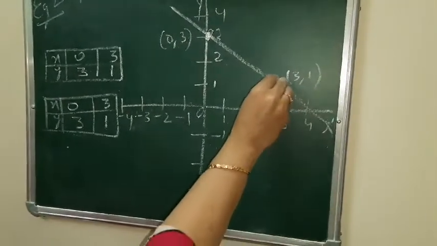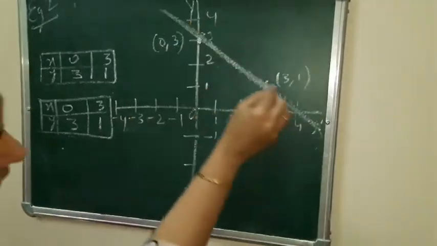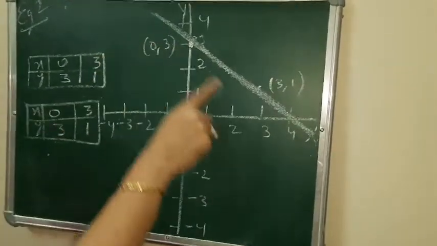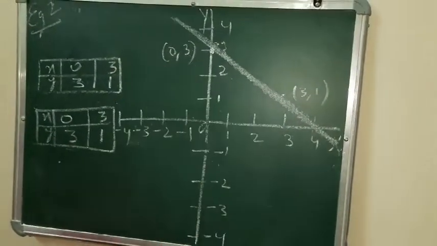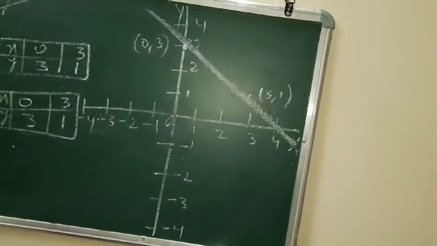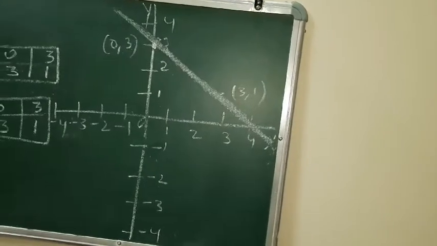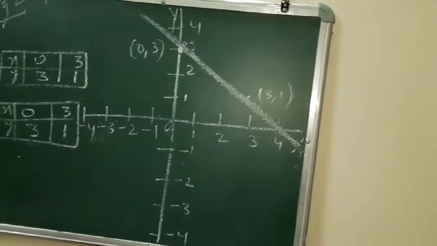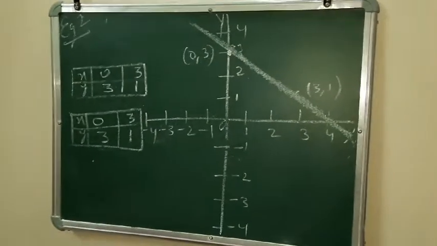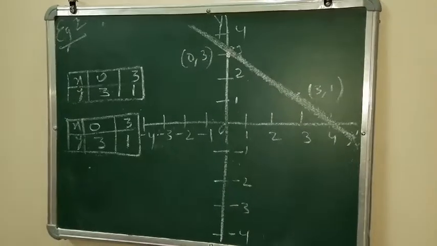This is also the same. That means the solution is that the lines are coinciding. Both the lines coincide with each other. So how will you write the solution for this? How many pens and what is the cost of a pencil for this question? The answers will be infinite. There can be infinite answers for it. There will be no one solution for it.